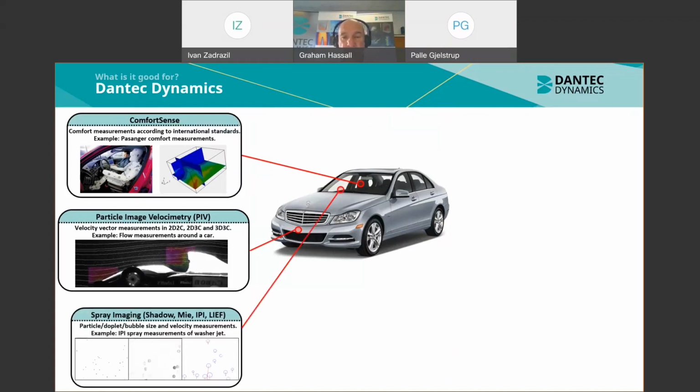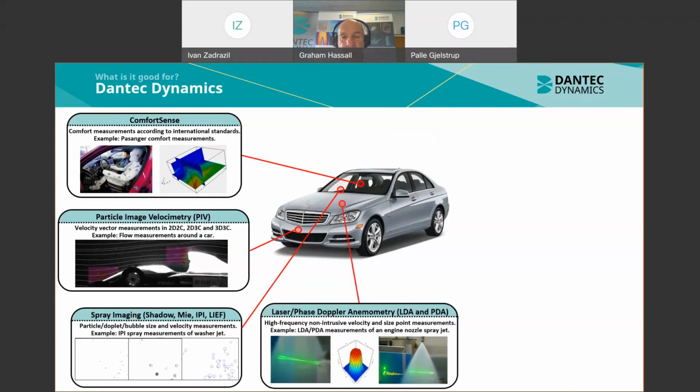Bottom left shows some spray imaging used to develop windscreen and headlamp washers to ensure that the optimum spray pattern and droplet size is created to give the driver a clear view ahead. The central picture shows LDA and PDA systems, which are used for engine development, cooling requirements, aerodynamics, and other internal